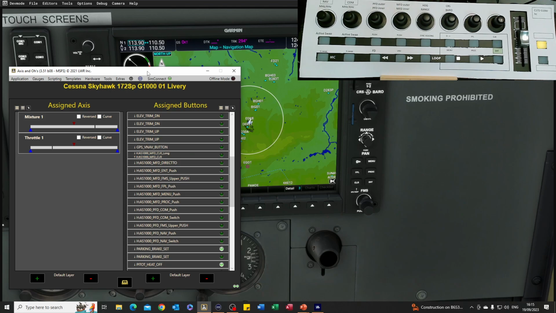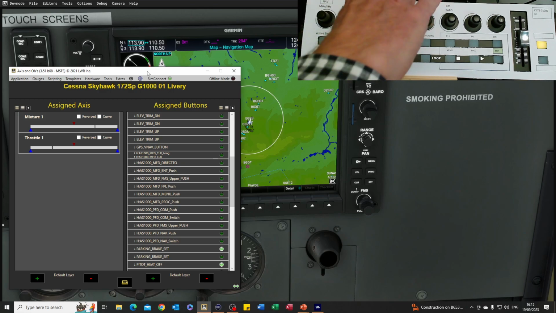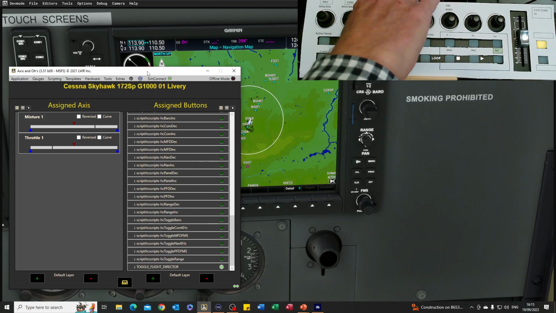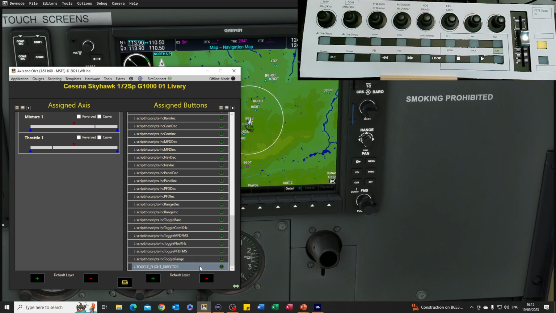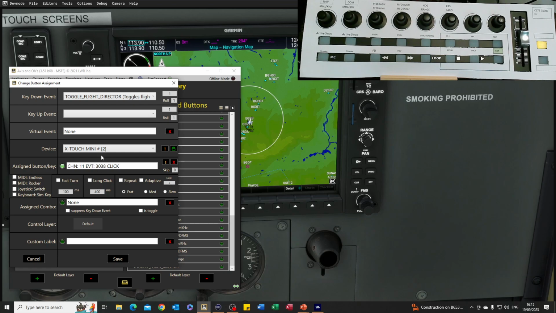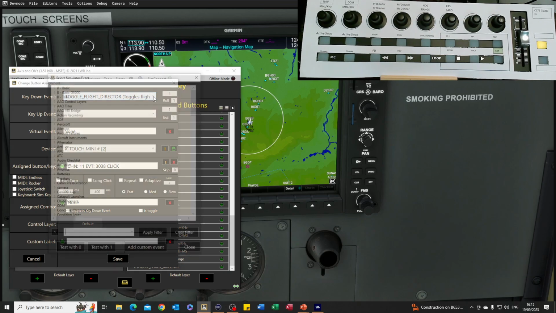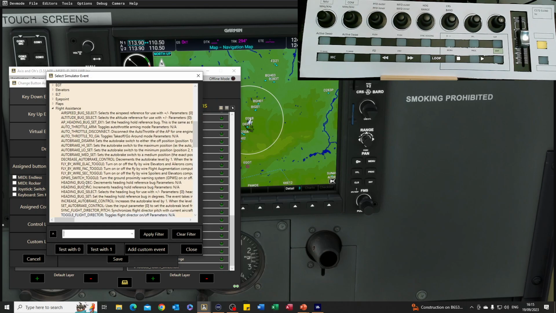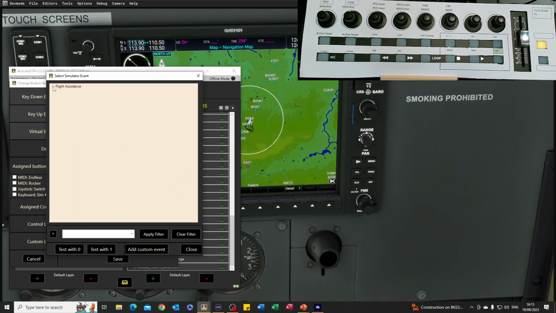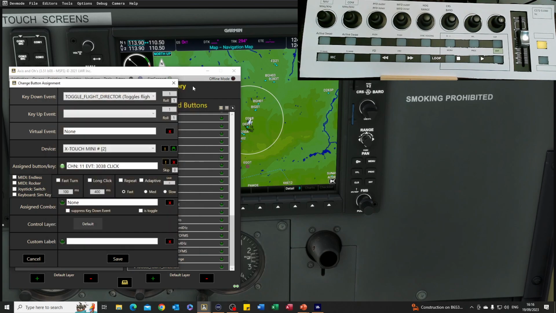The other buttons I wanted to allocate were the flight director and the VNAV. So let's have a look where the flight director is. The flight director isn't an H variable or a B variable. It's quite an old-fashioned A event, an A variable. It's actually hidden in the flight assistance section, but if you do a search for the director, apply that filter, there it is, toggle flight director. So you double click, press the button,